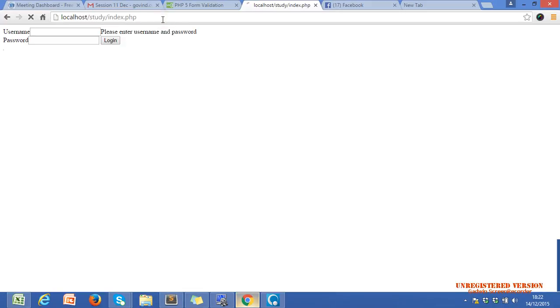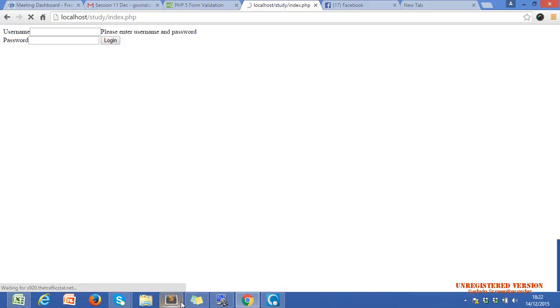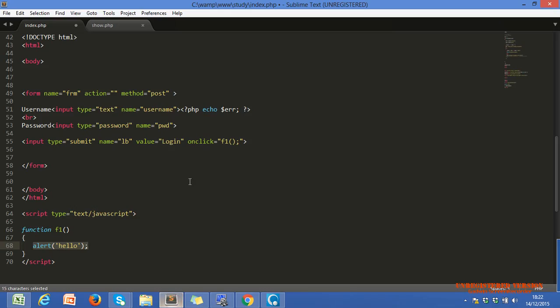Is that always called HTML coding? No, that is the JavaScript coding. We can call a JavaScript function in HTML coding. In every event, we can call JavaScript and jQuery functions only. We don't have to define that this is JavaScript code. It's the same as PHP, where we have to define it.